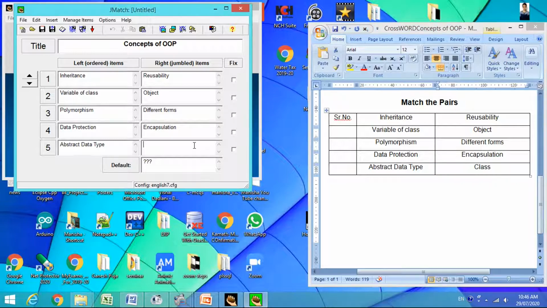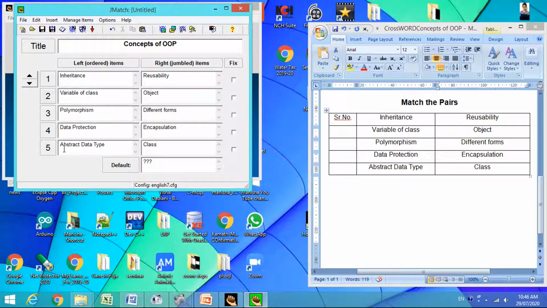The students also enjoy it, because the user interface is graphics oriented, and they can solve it on their mobile phones also.